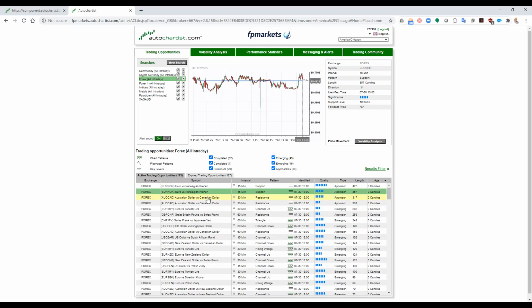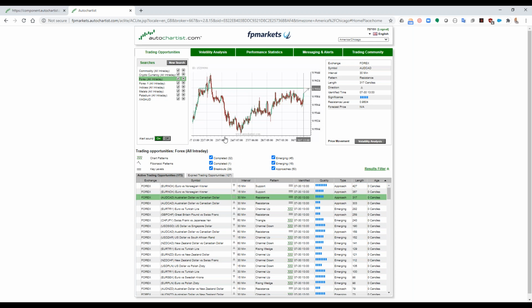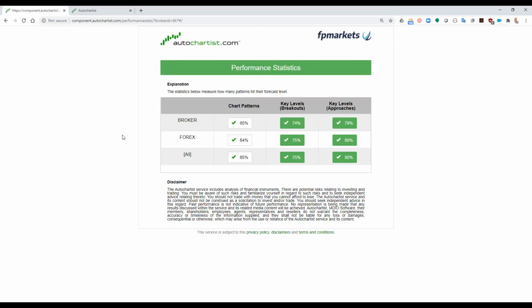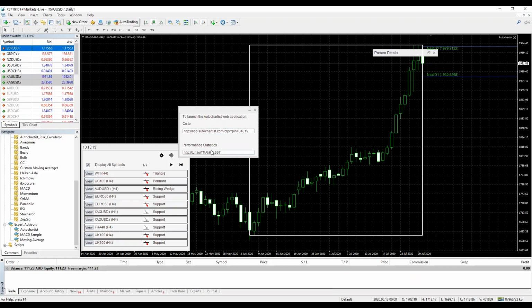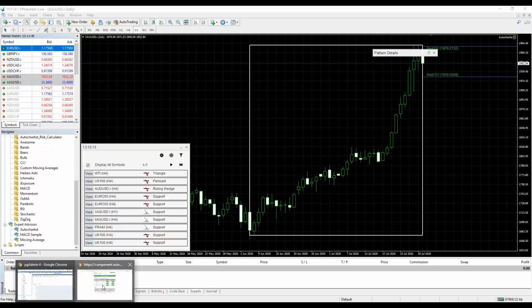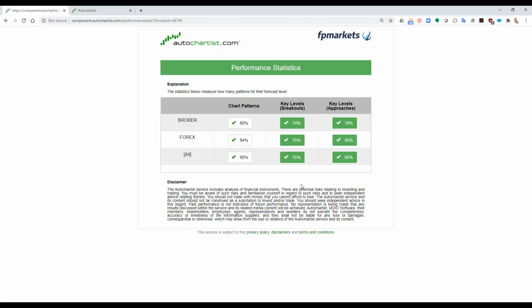You're welcome to go through all these results over here. Personally, I'm not sure why I use this, because all this information is already contained in the MetaTrader plugin. But anyway, it's up to you what interface you like. The thing that I want to show you is the stats, and the stats, again, just to repeat, is brought up by clicking this little world icon and copying and pasting this performance statistics URL into your browser, right? And this is what the stats window looks like.